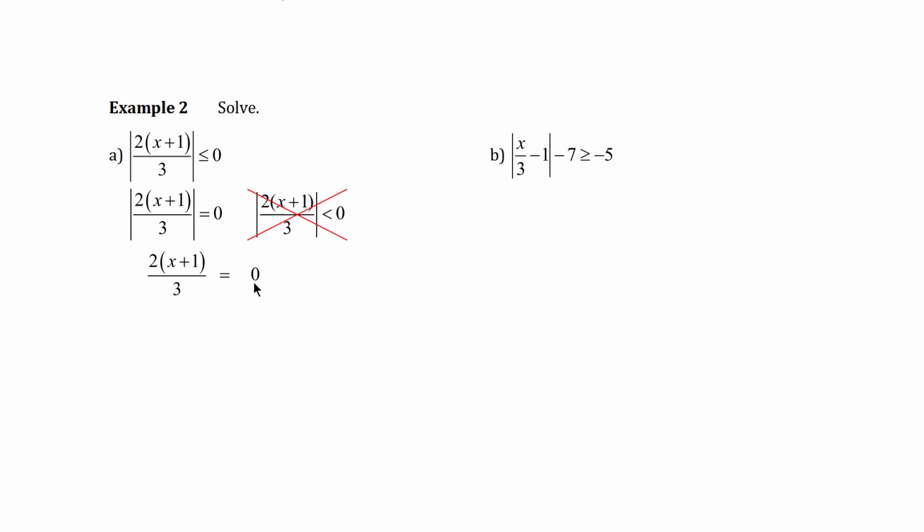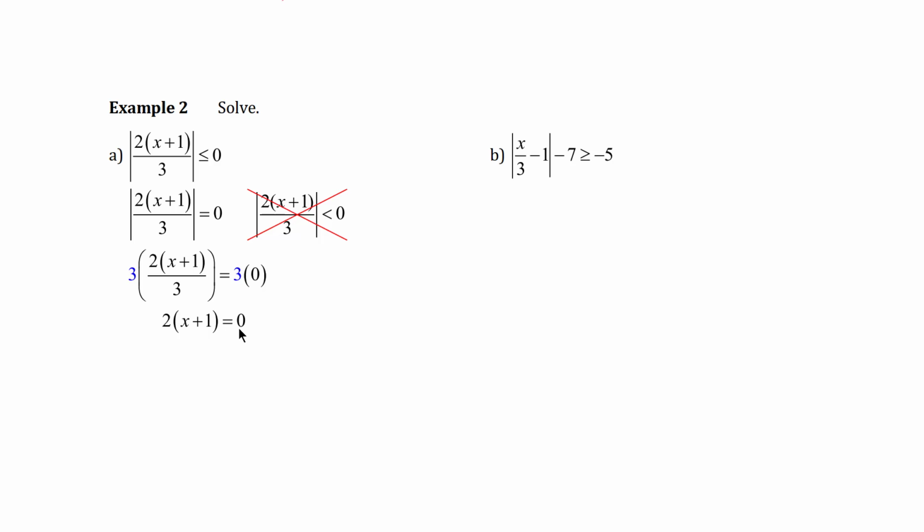From here, we could get rid of the fraction by multiplying both sides by 3. We get 3 times the parentheses. On the inside of the parentheses, we have a fraction, 2 times the parentheses x plus 1 divided by 3 equals 3 times 0. Simplifying the left-hand side, the 3's will cancel out, and we're left with 2 times the parentheses x plus 1 close parentheses. Simplifying the right-hand side, 3 times 0 is 0. So we have 2 times the parentheses x plus 1 close parentheses